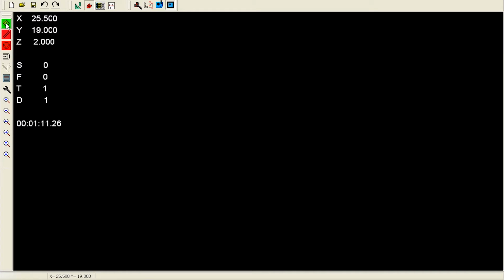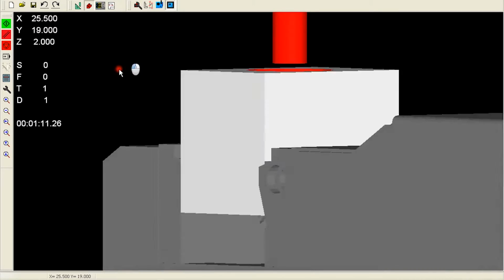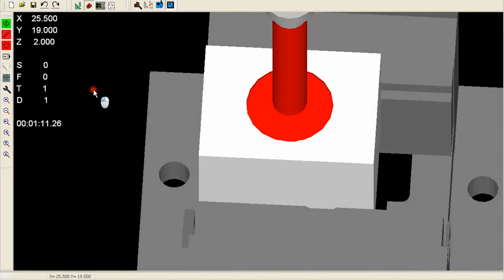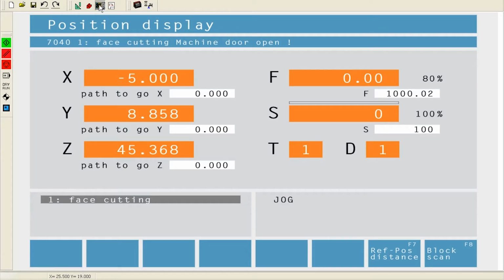And the top green one is to start the program. And I'm just going to check that's 2 cuts because it was only 1 mil deep. And that looks, you can move about on the simulator, just check that as you think it should be. That looks pretty good. So I'm going to go back to NC now and set up the workpiece datum in